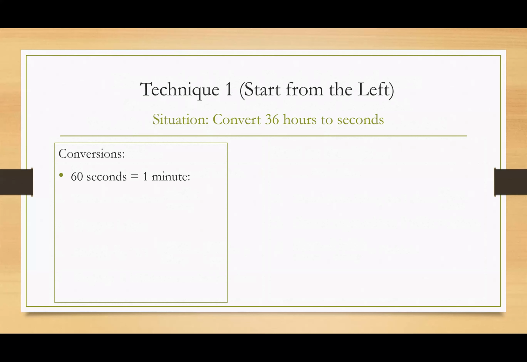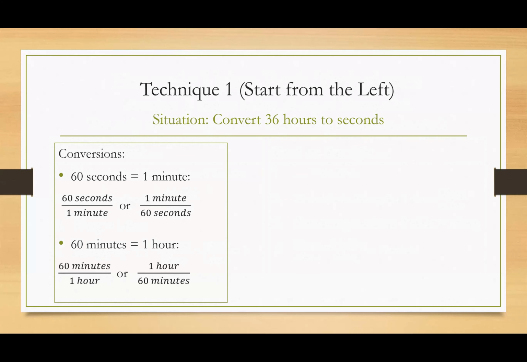Now there's 2 different ways to write this as a fraction. 60 seconds divided by 1 minute, or 1 minute divided by 60 seconds. We'll figure out which we need in a moment. We also need the conversion that 60 minutes is equivalent to 1 hour. And similarly, we need to figure out if we need 60 minutes divided by 1 hour, or 1 hour divided by 60 minutes. With technique number 1, we're going to set up a fraction with the unit we are trying